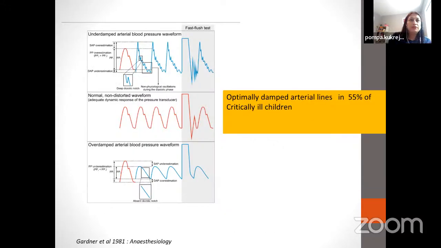Now, coming to invasive, the invasive blood pressure is kind of considered the cornerstone of hemodynamic monitoring. I think the problem is, for optimal quality, you need a good trace, firstly, and the quality of the trace is very important because the performance characteristics are described by the natural frequency of the measurement system. By frequency, I mean that if, for example,